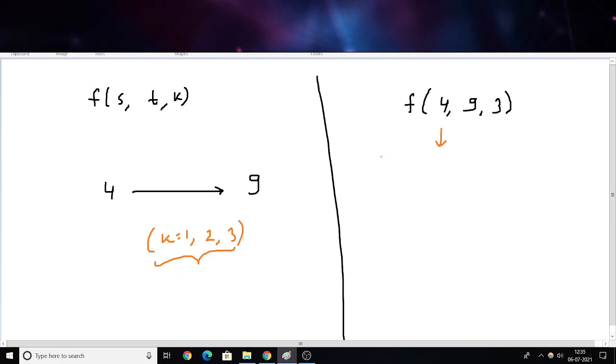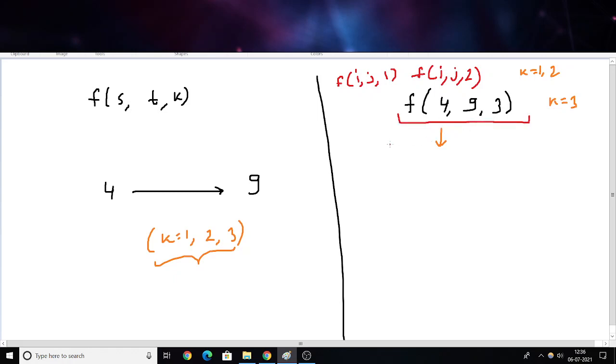First of all, let's say we have calculated this function f for all previous k. So here k is 3, right? Suppose I have the answer for k equal to 1 and 2, meaning that I have the value for f(i, j, 1) and f(i, j, 2) for all possible i and j. So if I have that, can I calculate the answer for this?